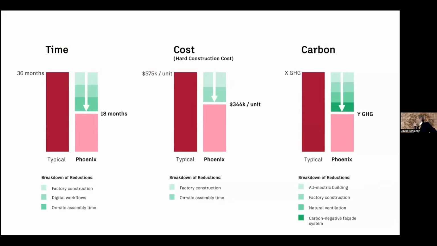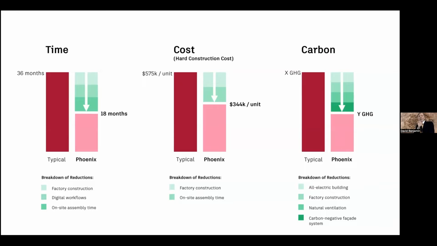So overall, this project is what a lot of the collaborators are thinking of as an innovation village for new approaches to address the housing crisis. And so more specifically, we're exploring different ways that we could try to reduce the time, cost, and carbon in the project, addressing all of these three important components simultaneously.